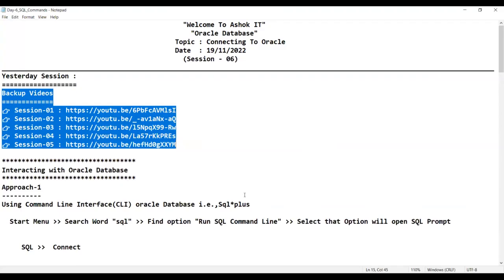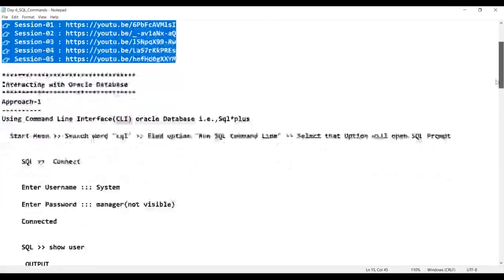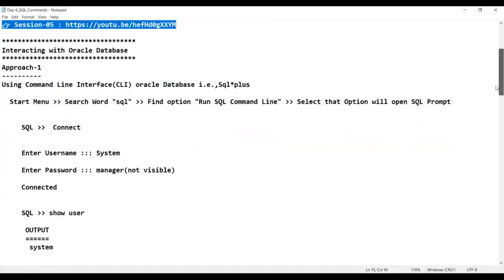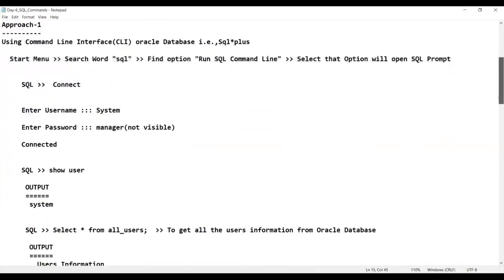What is the tool name? SQL*Plus, sir. SQL*Plus is nothing but the command line interface tool, which helps to communicate with the Oracle database, guys. That is the first option. I also gave you the steps to connect from the SQL*Plus prompt to the Oracle database. Using the connect word, you need to supply the username and password, and then you will be getting